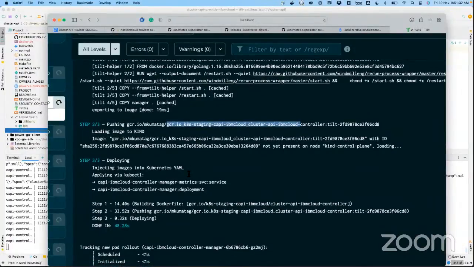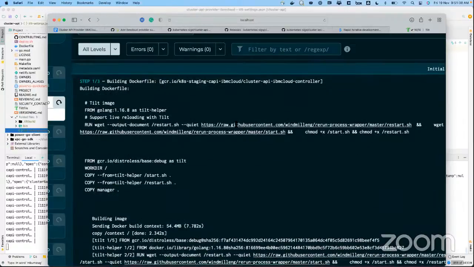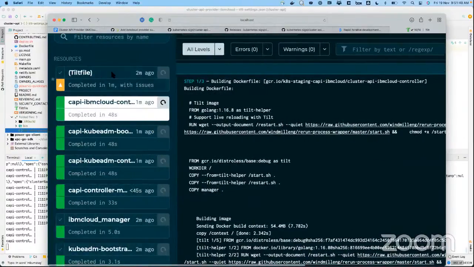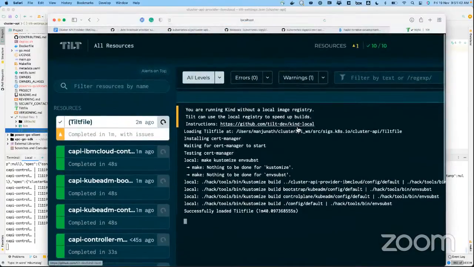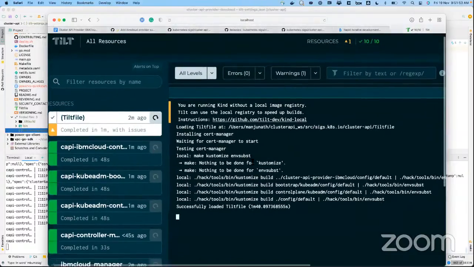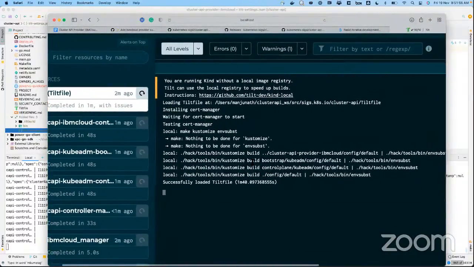But build and then load into the kind cluster will take some time. That's the reason it was giving us a hint saying that if you're running a kind cluster, you can also use the local registry, where it will push the images directly to that registry, and the kind cluster will directly pull that image, instead of build and load taking some effort or time inside the kind cluster.